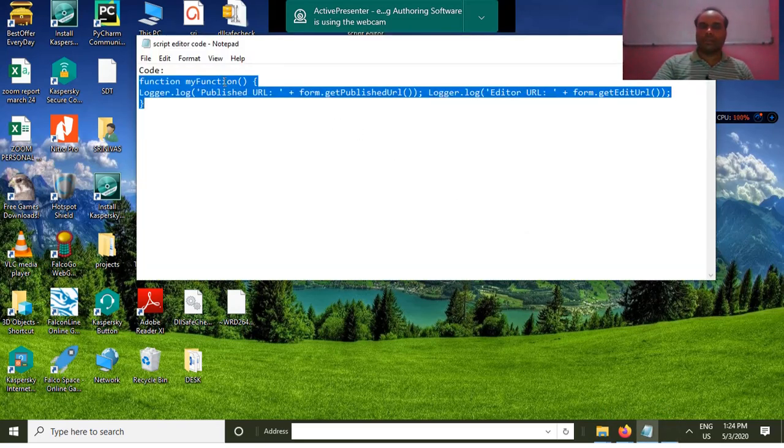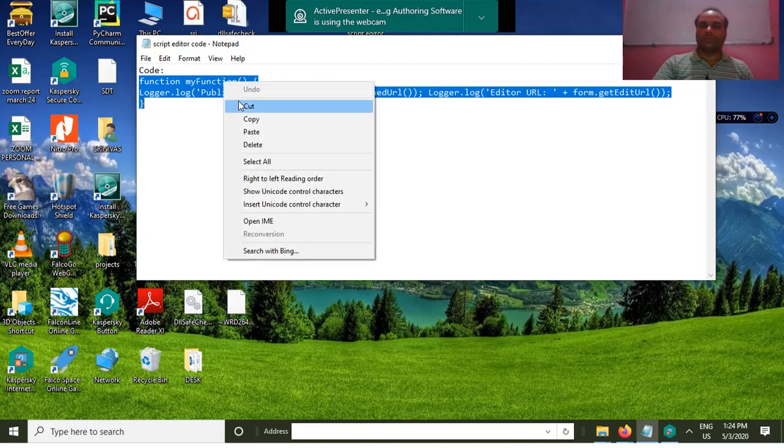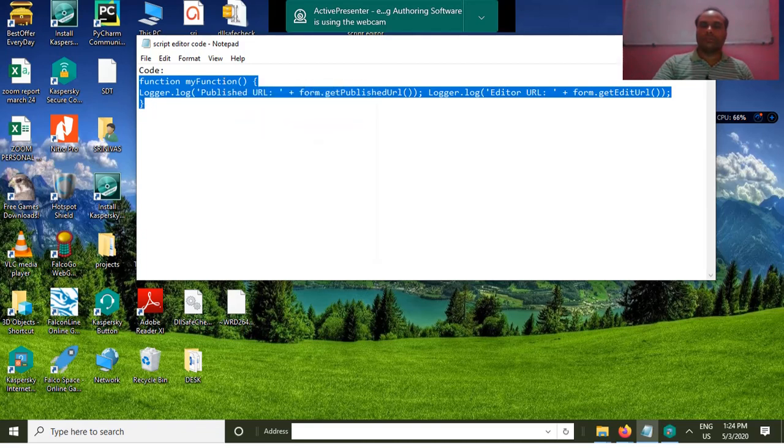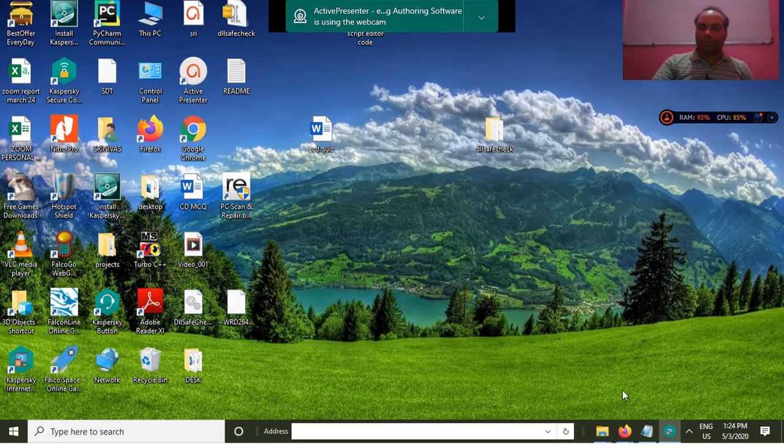Yeah, this is the code you need to copy, then you have to paste it there.